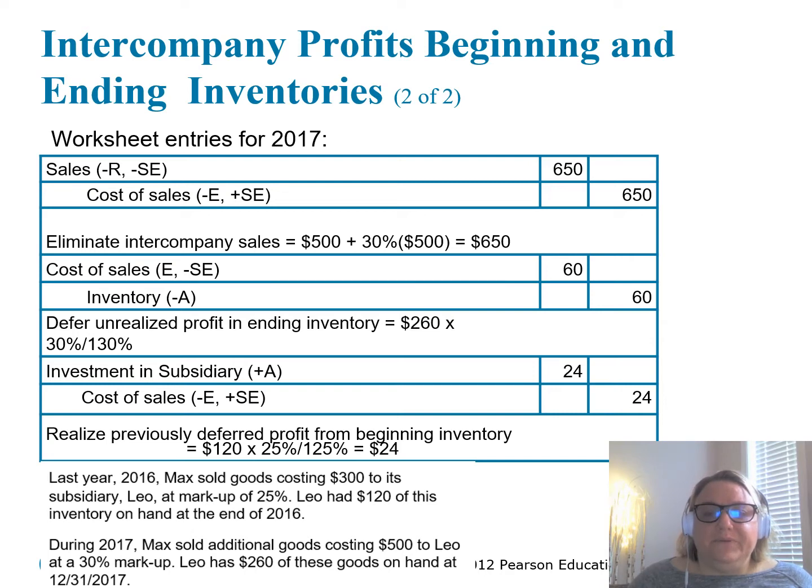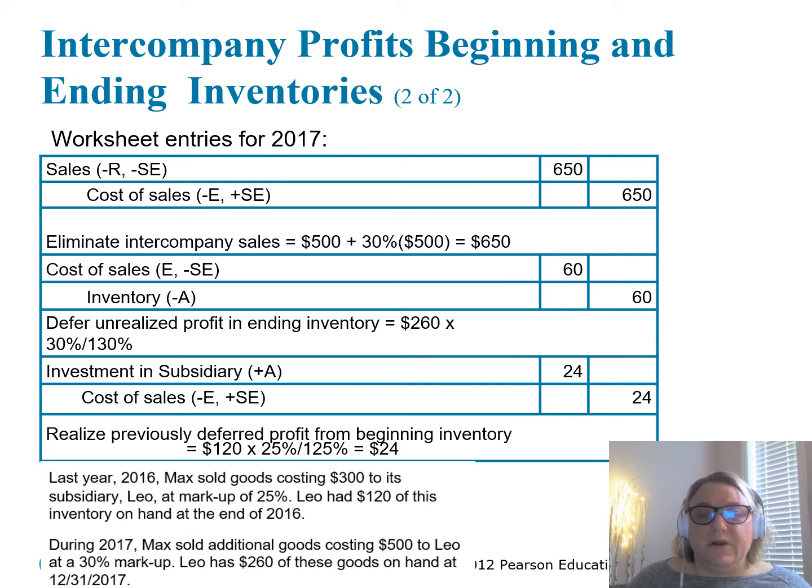You could also just do 500 times the 1.3, and that'll give you the same thing. Let me just show you on the calculator. There's 500 times 1.3. There you go, equals 650. A little shorter cut than having to add back 30%. Just a little tidbit. And then our cost of sales